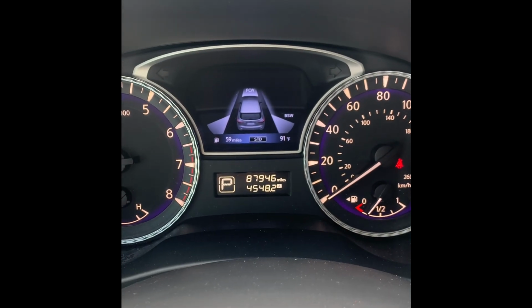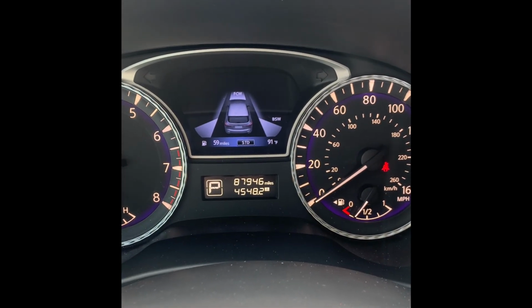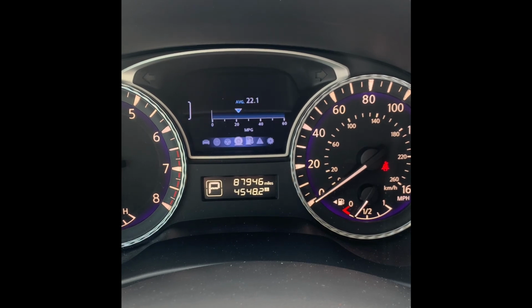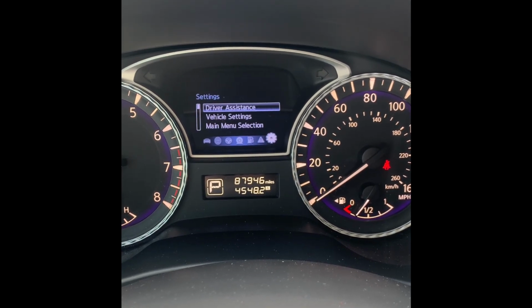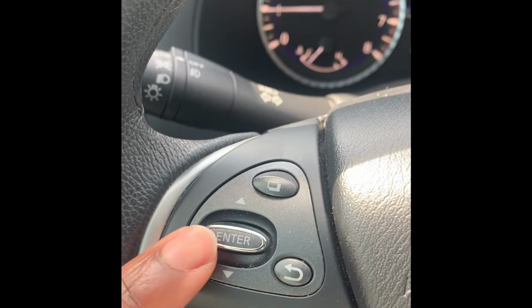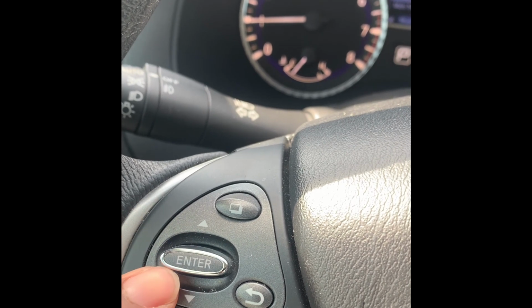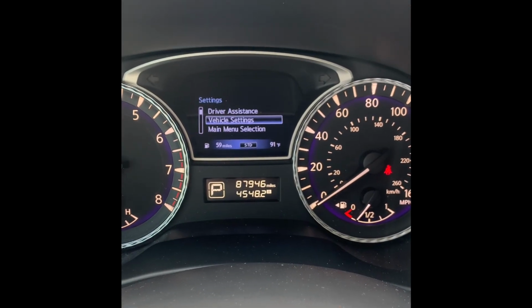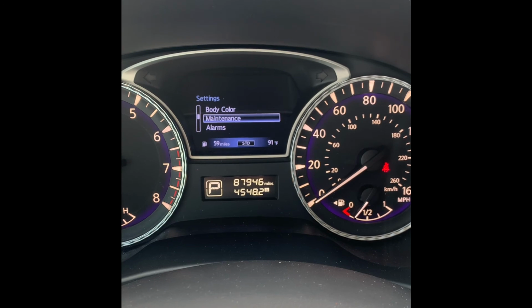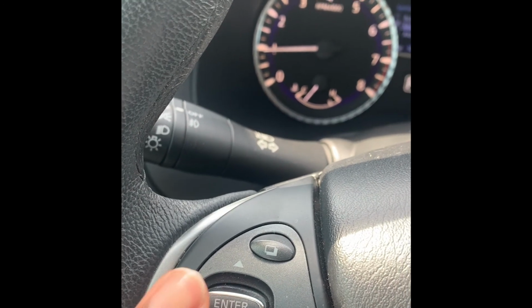Within the vehicle display, you'll want to push the top square button to cycle through your displays until we reach the settings menu. When you're in the settings menu, you'll utilize the enter switch located on your steering wheel to toggle through the available choices. You can move the switch up or down in order to make your selections. We'll toggle downwards until we see maintenance. Once we see maintenance, we'll select maintenance by pushing inwards on the switch,